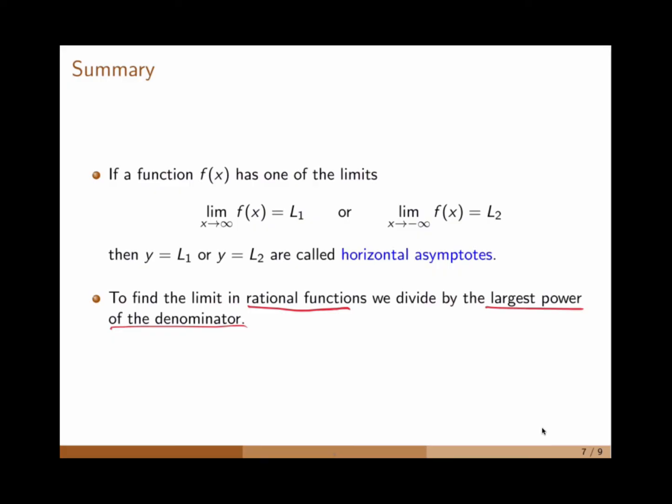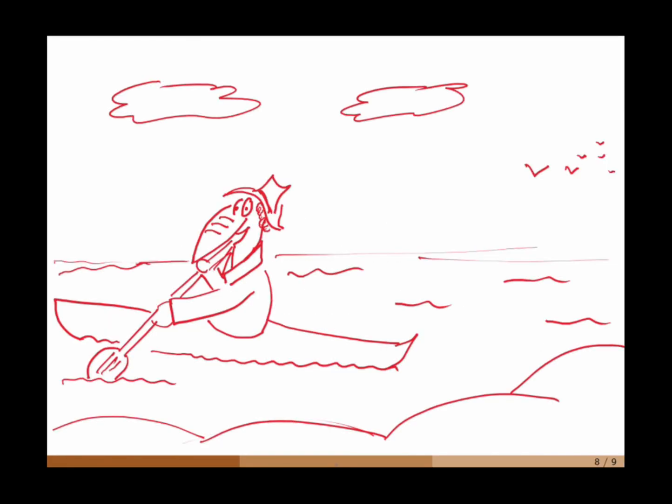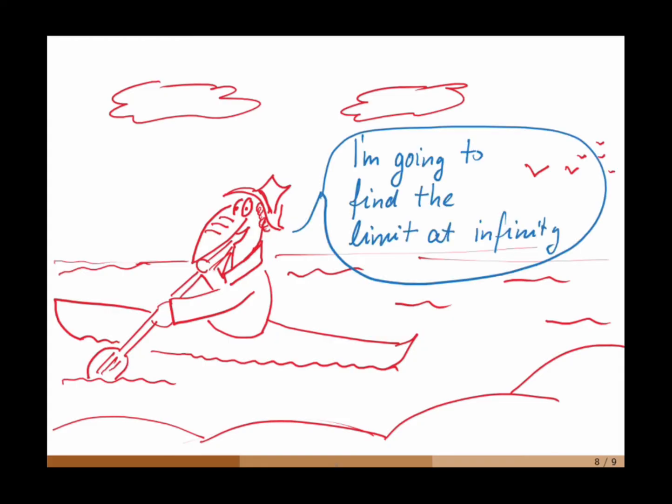Hey Malo, where are you going? You are going to find a limit at infinity? Do you think this is possible? How would you do that? And 3 weeks later,